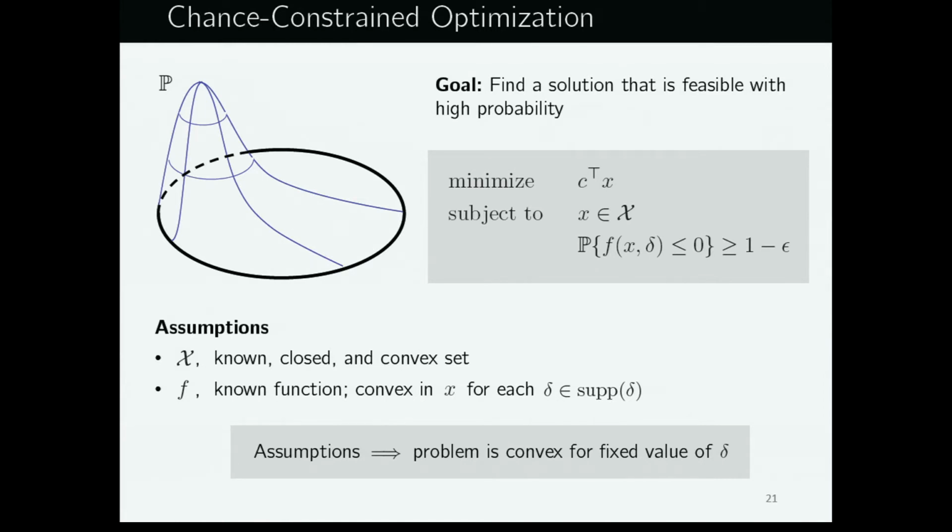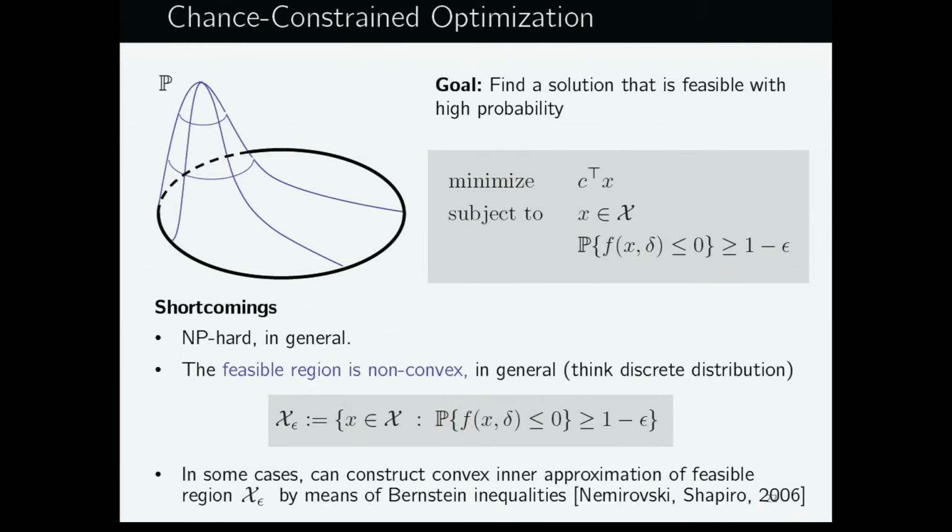Some additional assumptions we'll make: this set X is deterministic, known, closed, and convex, and the function f is assumed to be convex in your decision variable x for each delta, for each realization of the uncertain variable delta. It is not necessarily jointly convex in x and delta, or convex in delta. We only require convexity in x. And so if you knew delta, this would be a convex optimization. But we don't. And so this problem in general is non-convex and NP-hard, actually, even for very simple